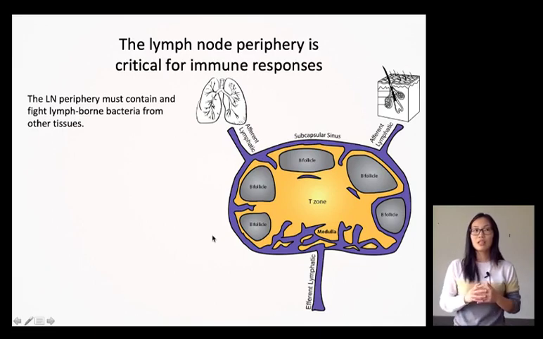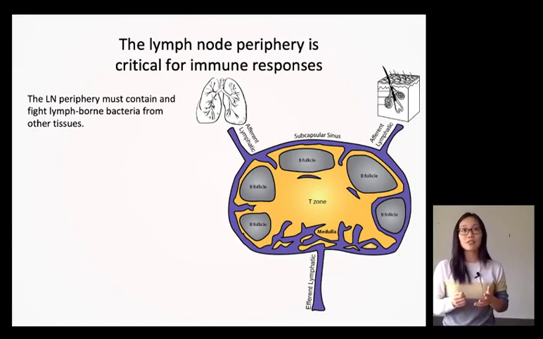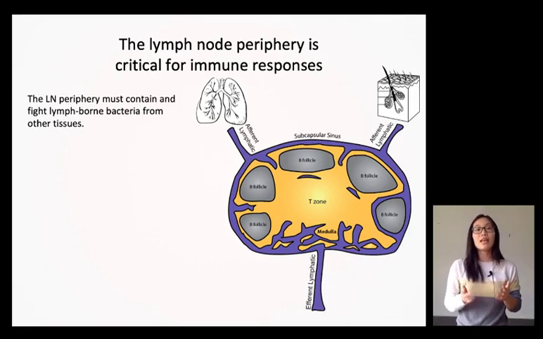To start, I'll tell you about lymph nodes themselves. They're these little organs, again, that drain all of the other tissues like the lung or the skin, and they're an important meeting place for various immune cells to get together and get activated to fight infection. Now, lymph nodes are a highly organized tissue. B cells reside in B follicles around the lymph node. T cells are primarily in the center of the lymph node, and important for my talk are these blue vessels